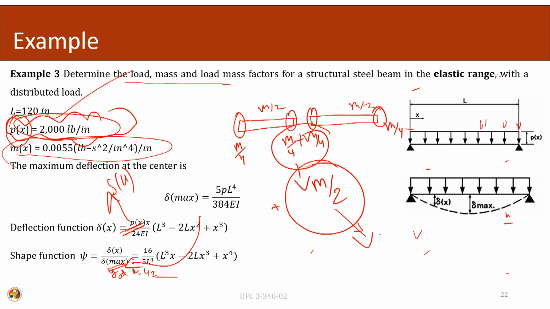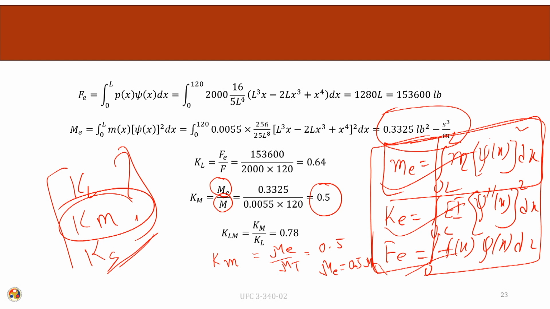So, my mass equivalent, if I am choosing the degree of freedom at the center and the first mode, should come out roughly as half of the total mass. And here after doing all this calculation, we can see that m equivalent is coming as roughly half of the total mass. So, we know that our calculations are making sense. They are fine. Now, similarly we can check the stiffness factor and we can check the load intensity factor. These two factors similarly we can check. So, this is how the entire thing can be used.